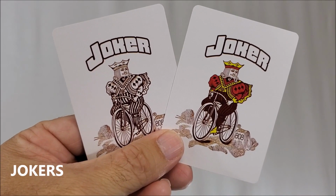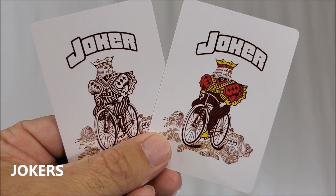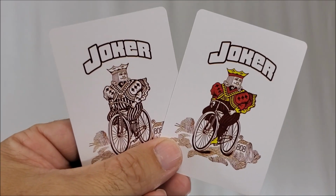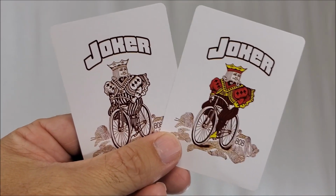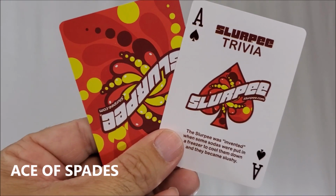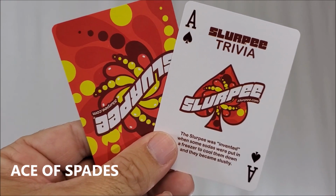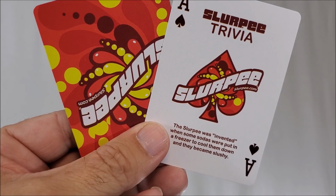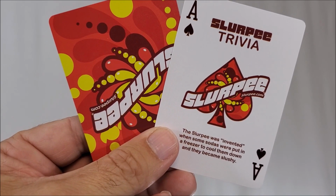Inside, of course, you'll get 2 standard full-size jokers. It says Joker up at the top in a really cool font. No indicators in the corner. One's color and one is not. Your Ace of Spades has Slurpee trivia on it. This one says the Slurpee was invented when some sodas were put in a freezer to cool them down and